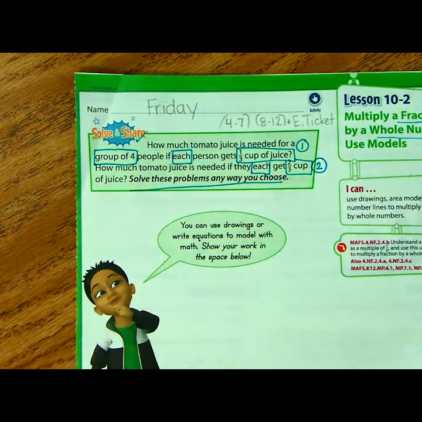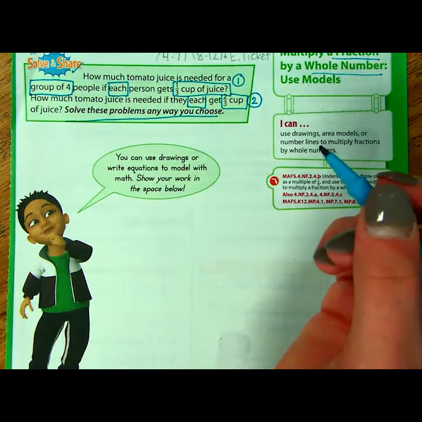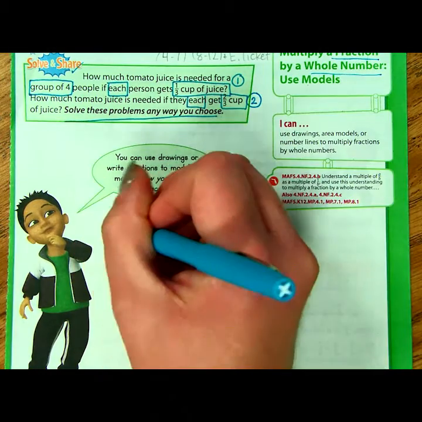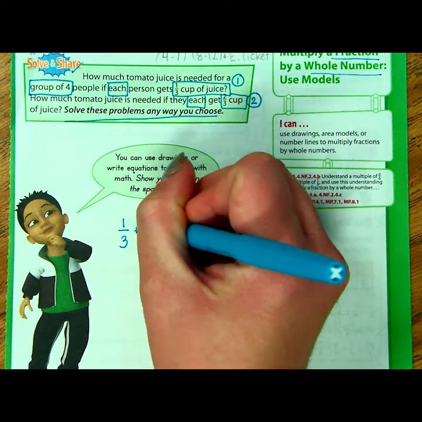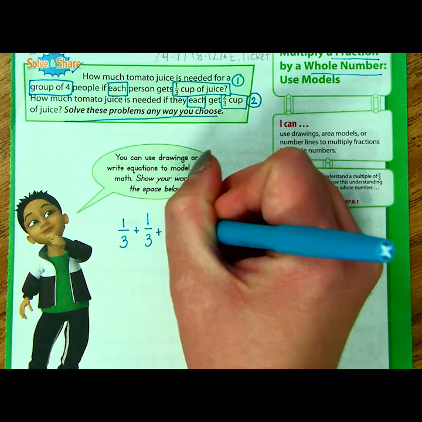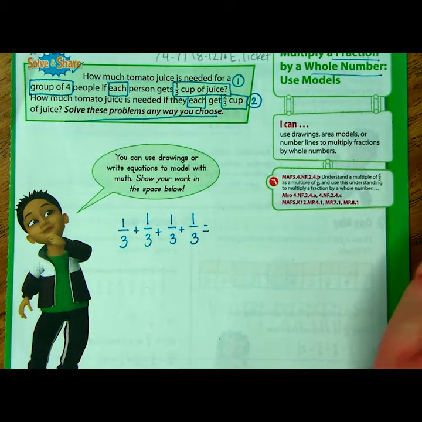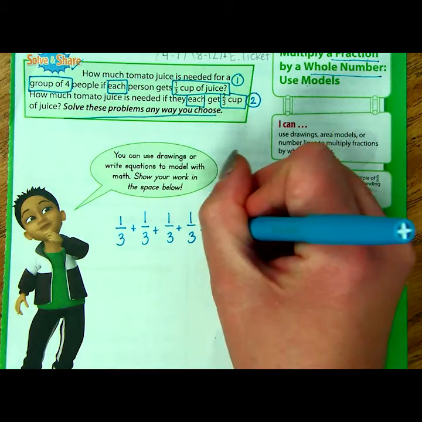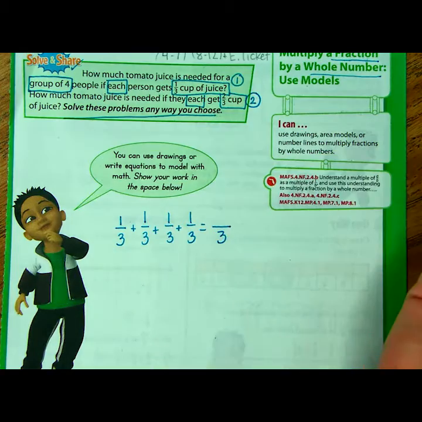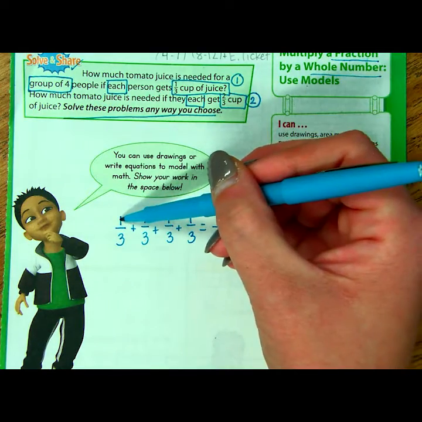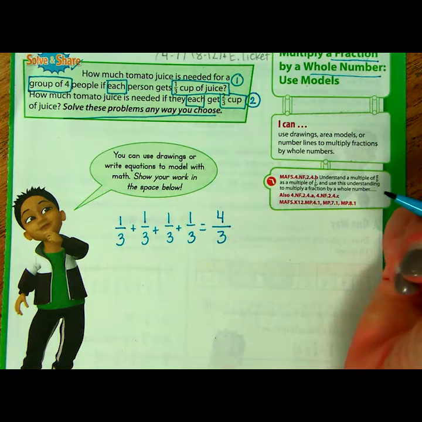So first, we are going to use repeated addition. Just like in a regular multiplication problem, I can take 1/3 and add that 4 times because I know that I have 4 people. When I do that addition, my background knowledge on adding fractions tells me that the denominator is going to remain the same. We're still working with thirds. We're going to add the numerator. So 1, 2, 3, and 4. So we have a total of 4/3